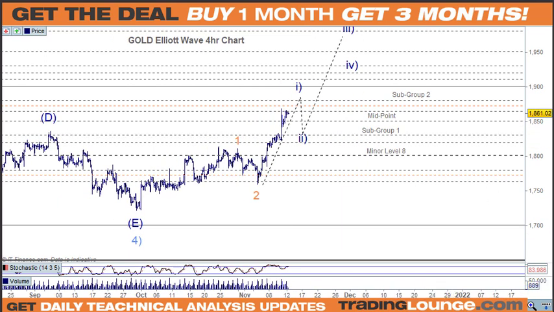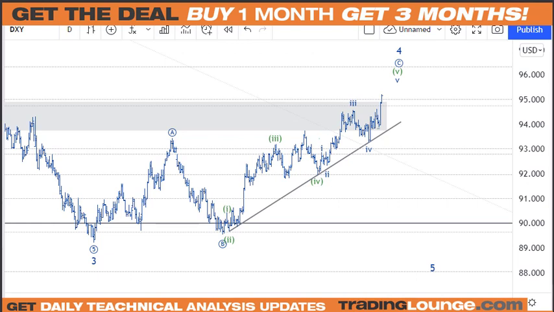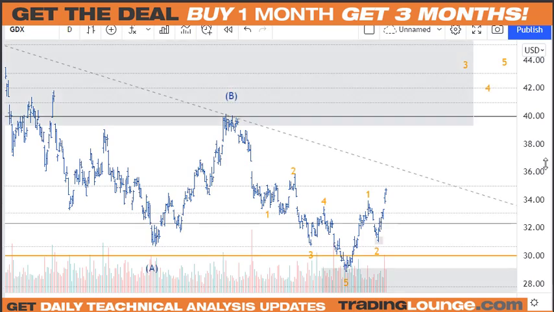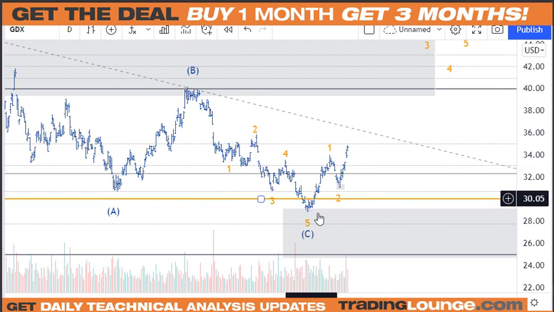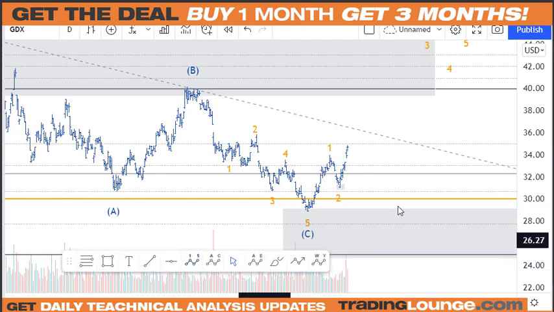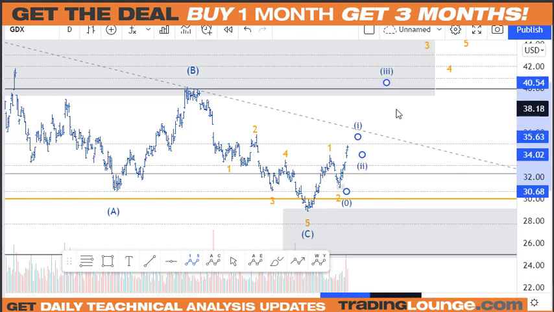Okay, we'll look at GDX quickly. I don't need to look at NCM, we did that this morning. So let me just find it in my watch list here. Okay, GDX here, we've got this A wave, B wave and C wave here. We've been talking about wave 1 and 2, and taking out the top here, of course, really puts that into play. So we can start also looking at this here as wave 1, 2, 3, 4, 5 for the